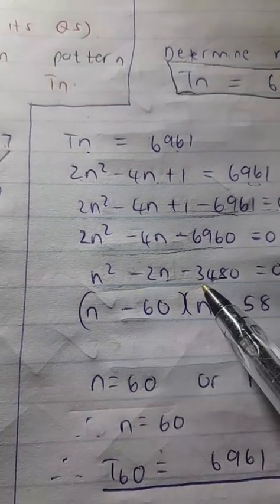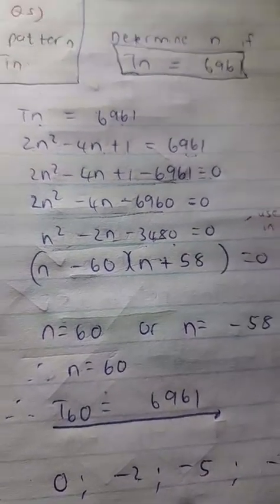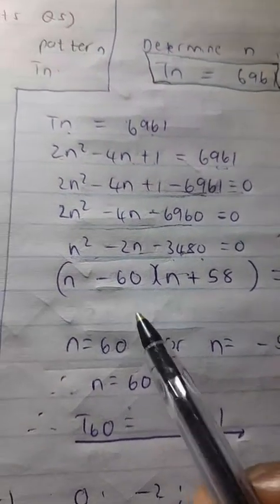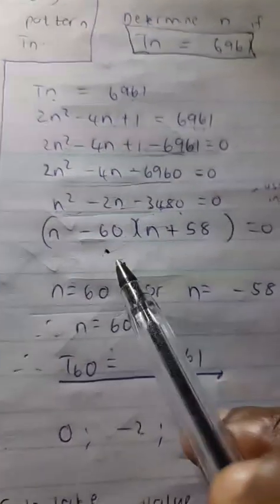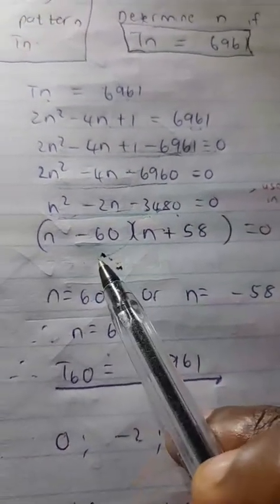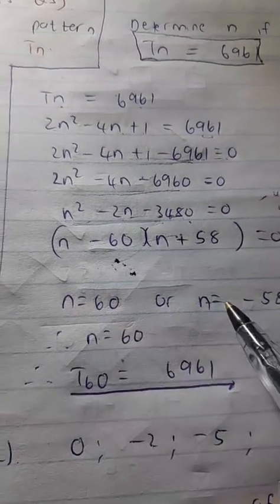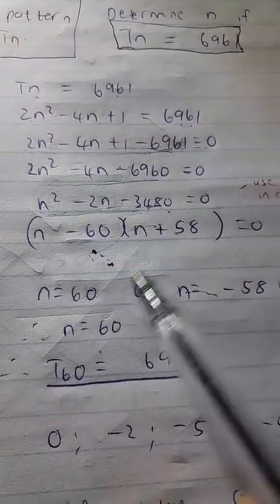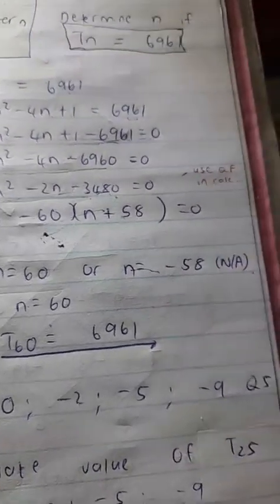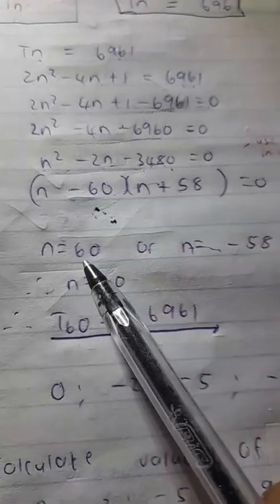Now, I know some people at this point don't even bother factorizing, but they use the quadratic formula. But please take note, when you do use the quadratic formula, at least show the substitution of a, b, and c in the quadratic formula, so that you can get those method marks. Don't just write n squared minus 2n minus 3,480 and then voila, we see the answers. You must at least show the substitution, right? I factorized here, but if you use the quadratic formula, you must show the substitution. It's very important.